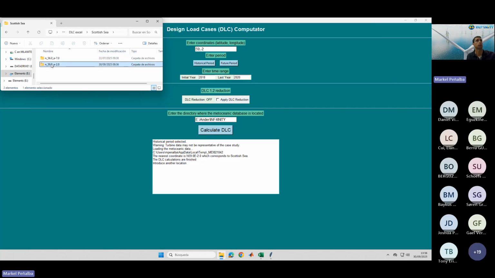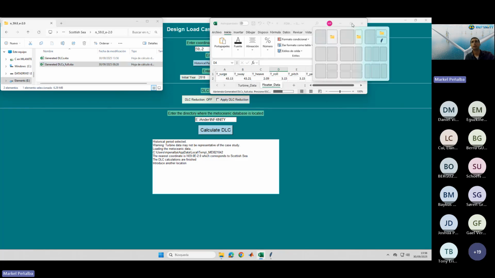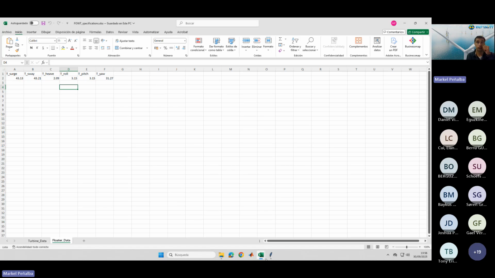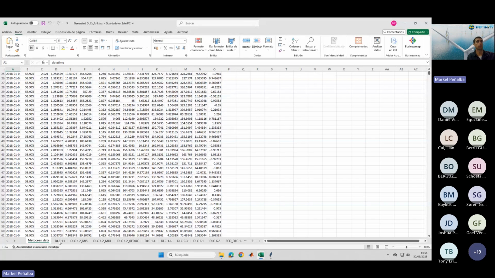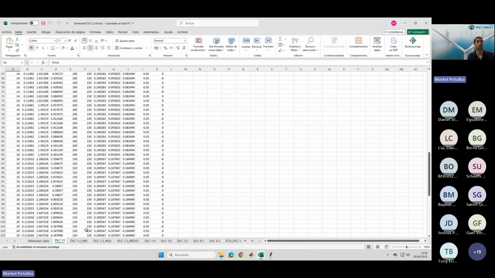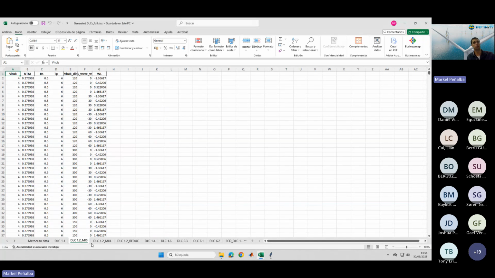So if I go Scottish Sea 59 and 2, I've got the full version. I open the full version. And here, oops, sorry, this is not the one I wanted. This is the one I wanted. You've got your Metocean data. You've got the DLC 1.1, all the conditions, DLC 1.2 with the misalignment, DLC 1.2 with the